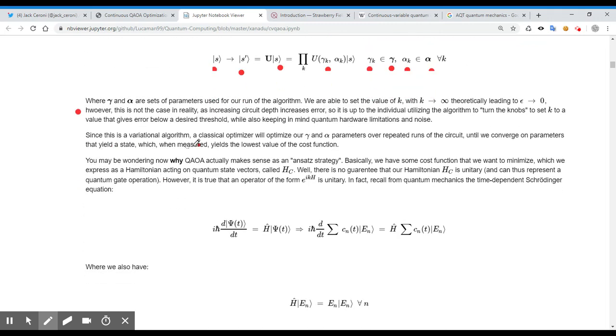Since this is a variational algorithm, a classical optimizer will optimize our angles, our parameters, over repeated runs of the circuit until we converge on parameters that